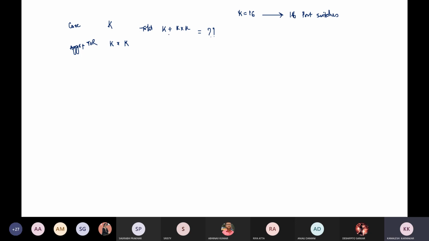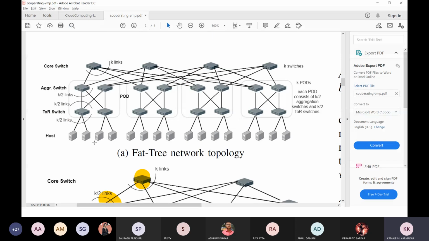Okay. Now, how many hosts are required? Let's go to this lower layer. So in one pod, how many TOR switches are there? K by 2 number of TOR switches in one pod.